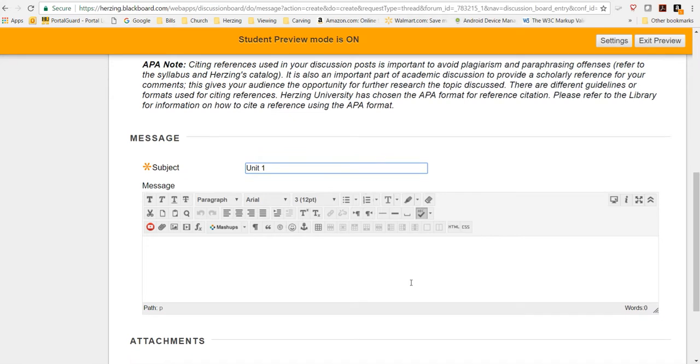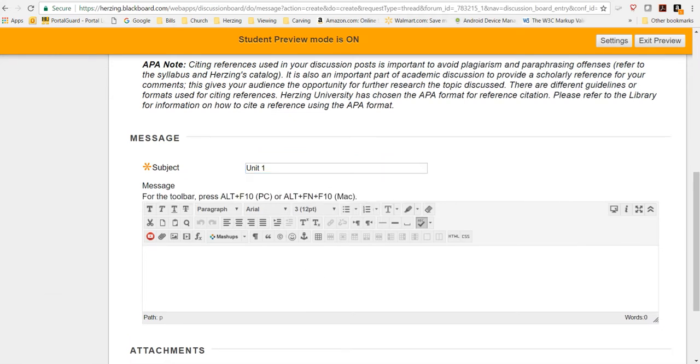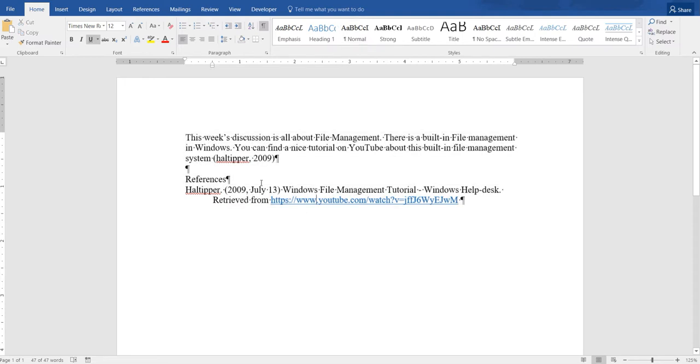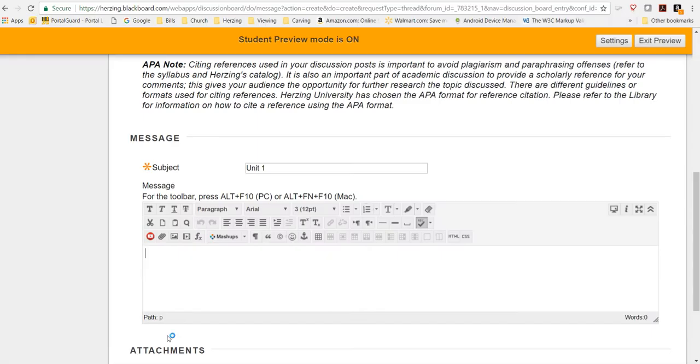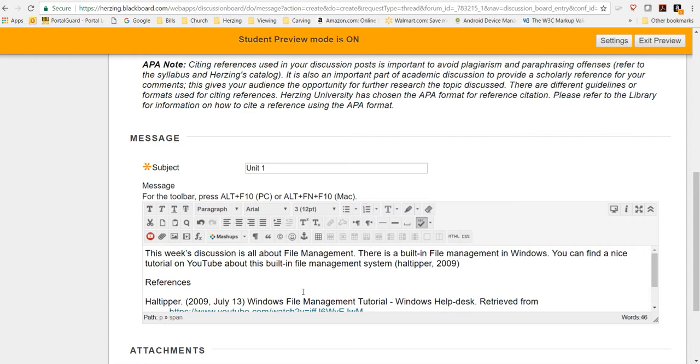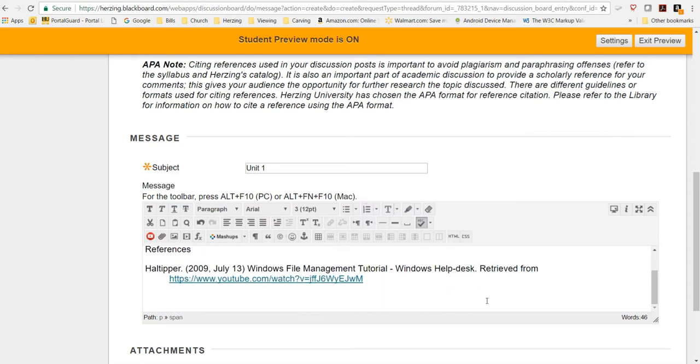And then the best way to do it is to type it in Word, as I've done here. That way you can see any misspellings. You can copy it and you can paste it. But depending on your browser, you may have to use the shortcut, which is Control-C for copy and Control-V for paste. You can just type in here,